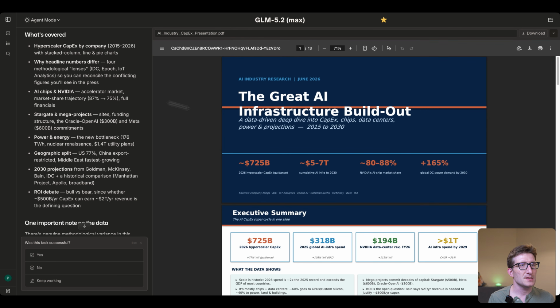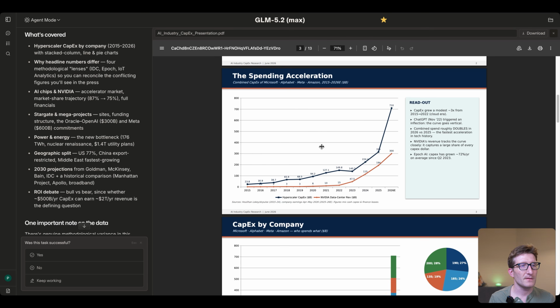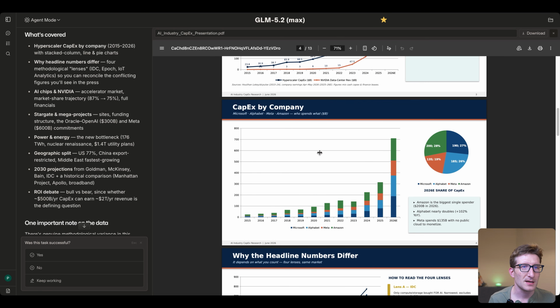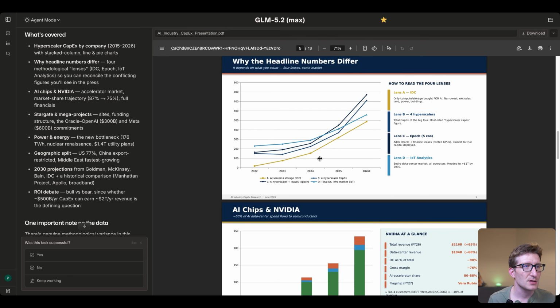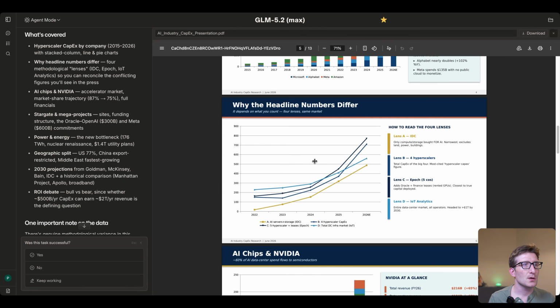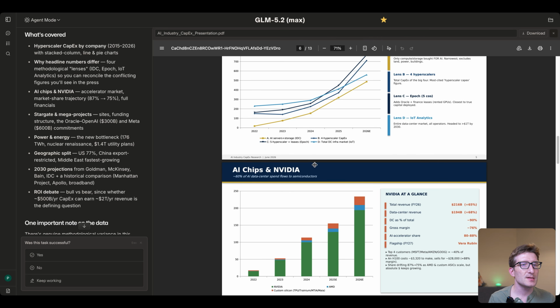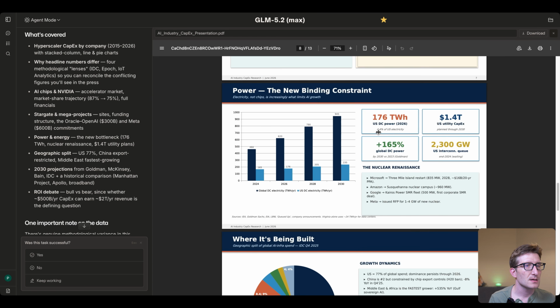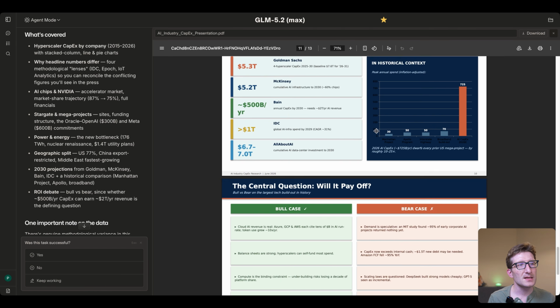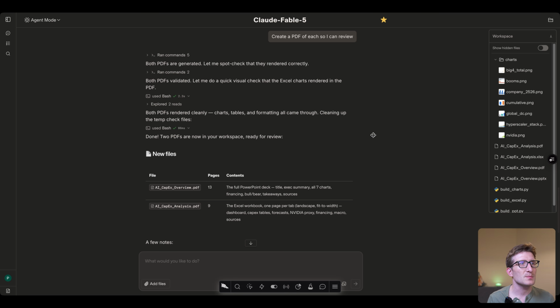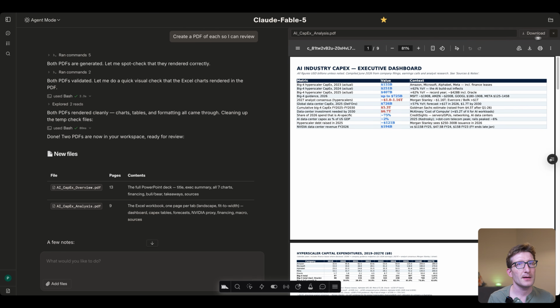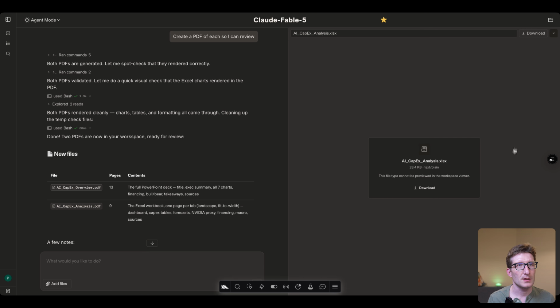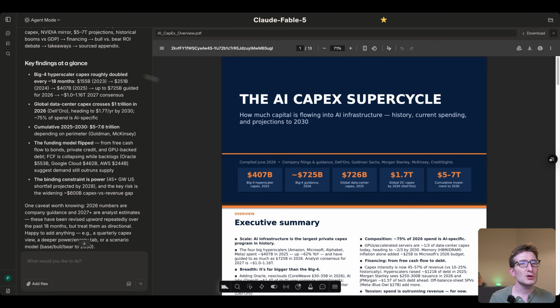If we quickly look at another version of it, I just want to see if it included any extra research. Yes, they're pretty similar, I would say. It provides different lenses. The first one I would say was better, but not amazing. Let me just show you the PDF. If we look at Fable,